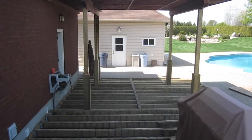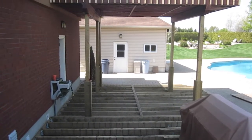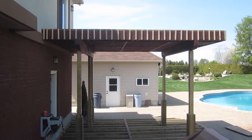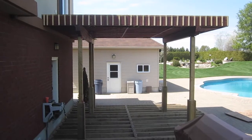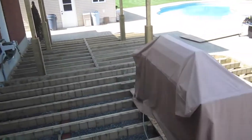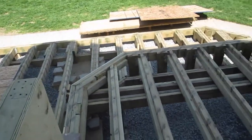So as you can see, we've come a long way since the initial video of the deck. What we've done is we've demolished the upper deck, removing all the wood railings and swapping out the wood posts for metal posts. Once all the decking boards were pulled off, we had an engineering company